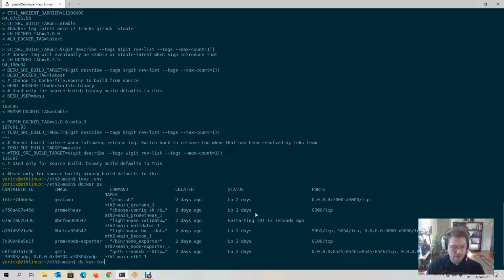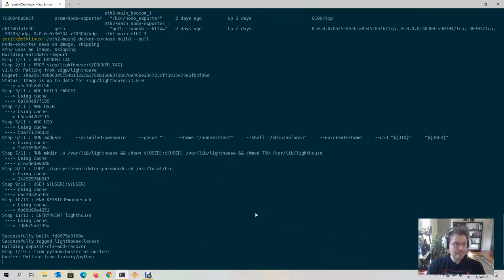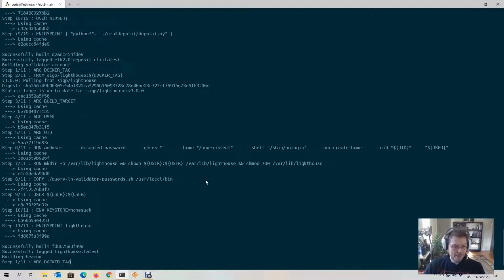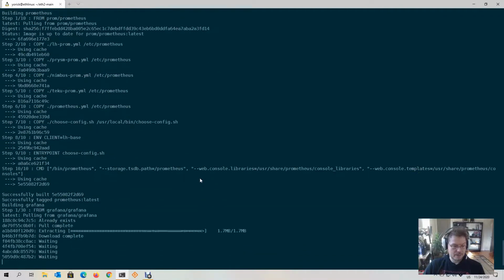So now I'm going to do a docker compose build pull. This is assuming I'm doing this with binary distribution, not with a source distribution. With a source distribution, you'd add a no cache, and then the thing you want to rebuild, like beacon, if you do it just without a specific target, you'll rebuild over and over and over again. It'll take forever. So just docker compose build with a pull,